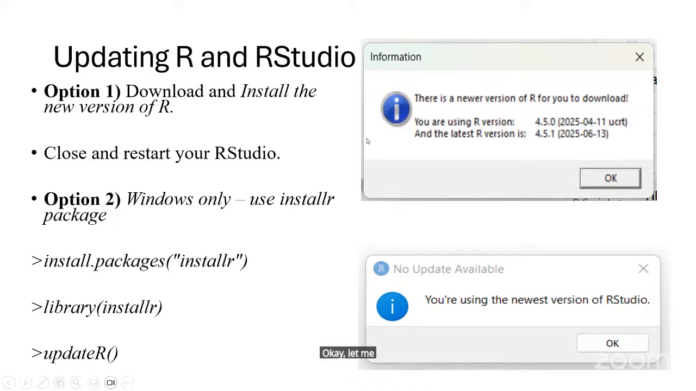Okay, let me pause here and see if there is a question. I think we are good to go. Somebody is asking, can you try with us so that we can follow how to update? Okay. All right. So